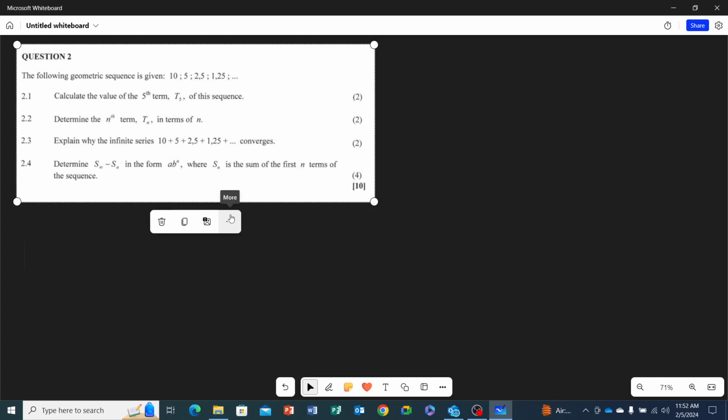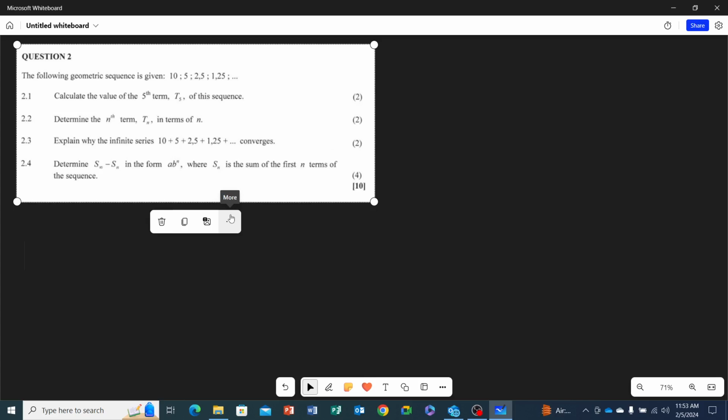Okay, so let's look at question 2 on the board. It says the following geometric sequence is given, which is 10, 5, 2.5, and 1.25. Now it says calculate the fifth term, which is T5, of this sequence. Okay,